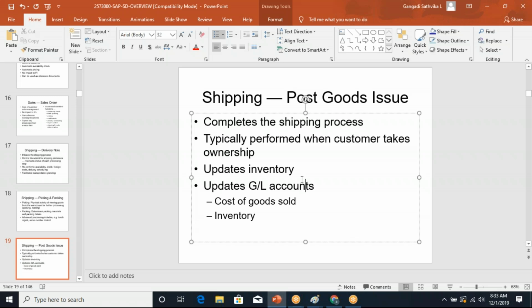It's moved from one person to the other person. Your goods are moving away from your warehouse, right? Yes, so it will be their responsibility now. So that means your inventory will be reduced, right? After the goods issue, your inventory will be reduced. So during the post goods issue, the system will update the inventory